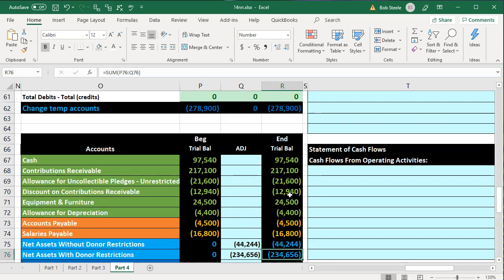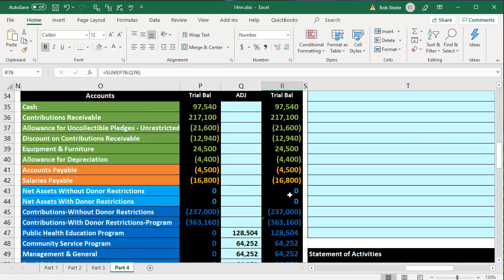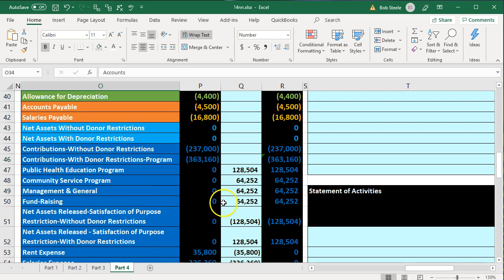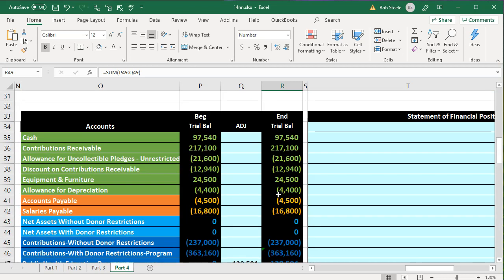So keeping that in mind, when we create the financial statements, we're going to be working with typically the middle item, because this middle trial balance is the one that is not yet closed. Therefore, we have the detail of what would be similar to the income statement accounts. However, here we are going to be focusing in on the balance sheet type of accounts up top. So just remember, if you get mixed up, we're in the middle. We're typically working in this middle trial balance, although we will jump around from time to time, not often, and when we do so, I'll let you know. All right, so we're going to start off just like we would in cell T34